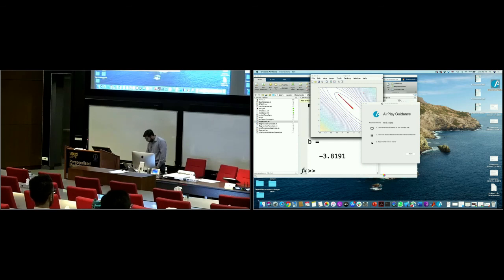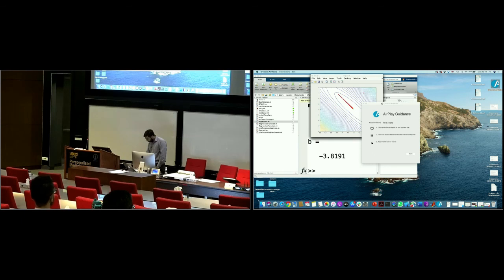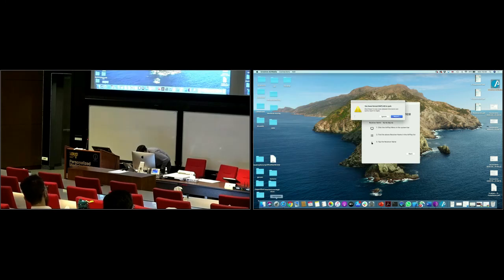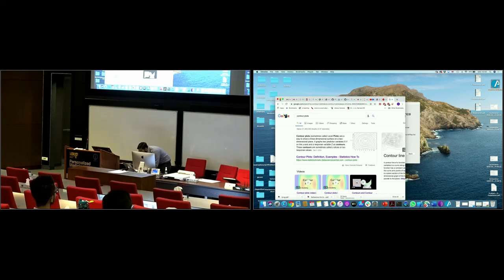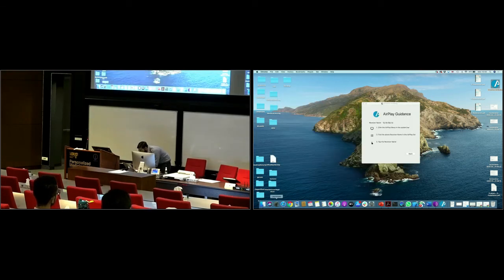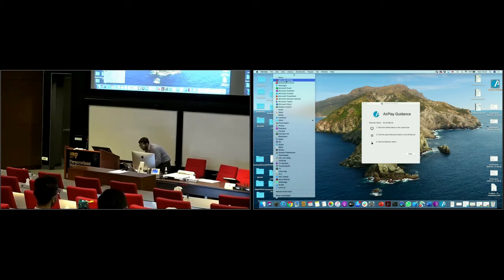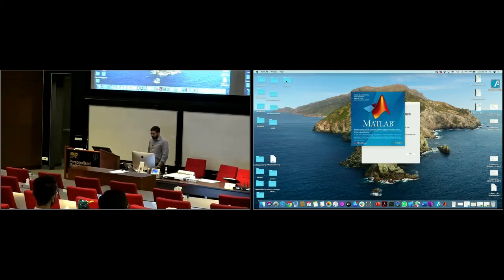Somehow my MATLAB doesn't like me to change its fonts to very large. It just crashes, but it's fine. We'll just relaunch it. Any questions while MATLAB is launching?